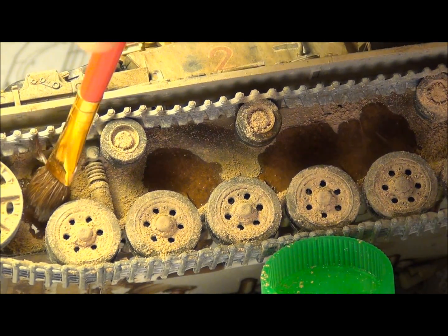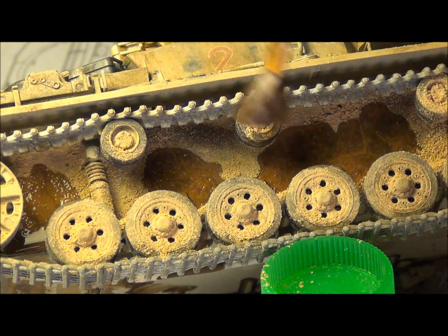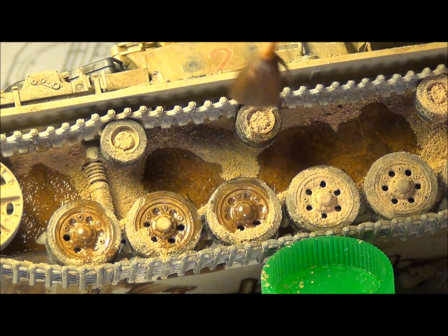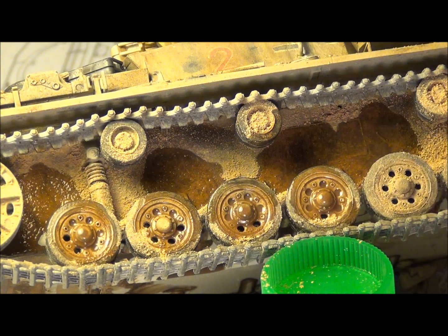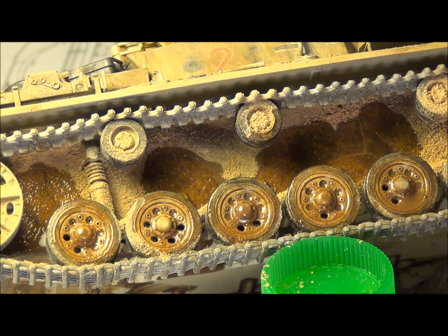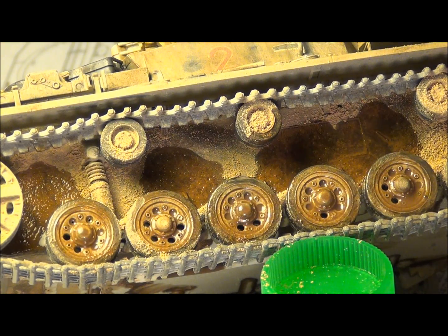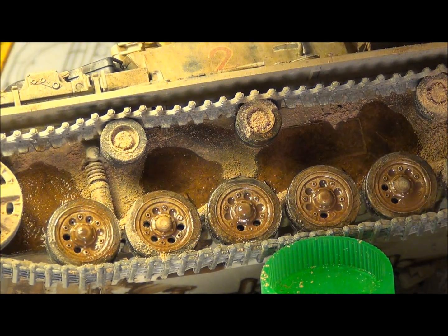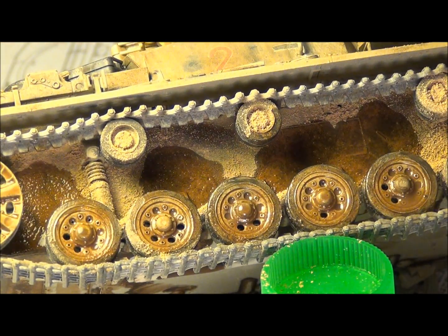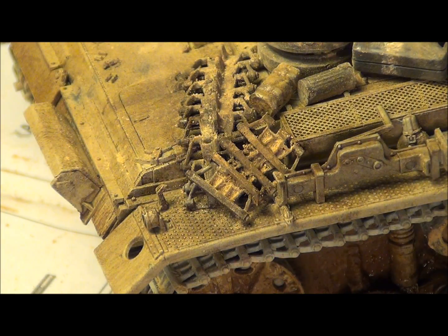And it looks like it's darkening them, but it shouldn't, because once it dries, the colors should remain the same as they were once it was originally put on. Now this has probably been sitting for about 15-20 minutes, and you can already see the color coming back on